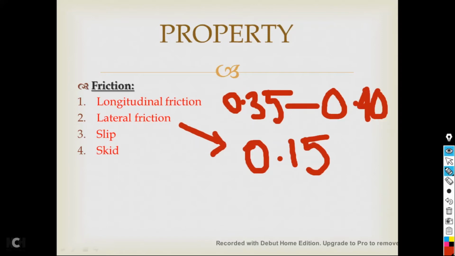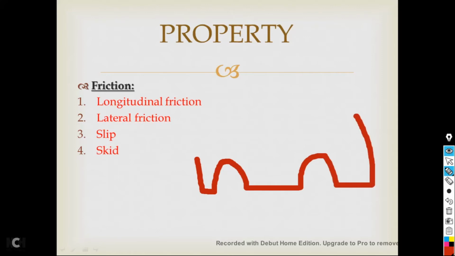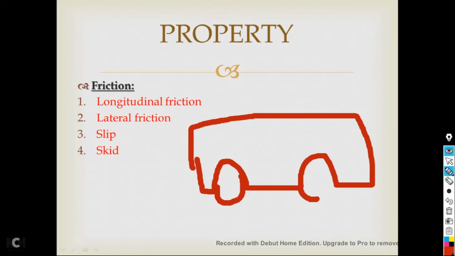Now there comes a term called slip. Slip is when a vehicle rapidly accelerates from the stationary position or slow speed. In that case, the vehicle's wheels revolve faster and this is known as slip. Okay, in easy terms, we can say that it is when a vehicle is stuck in any position. Okay, suppose this is the vehicle stuck in any position or it can't move,